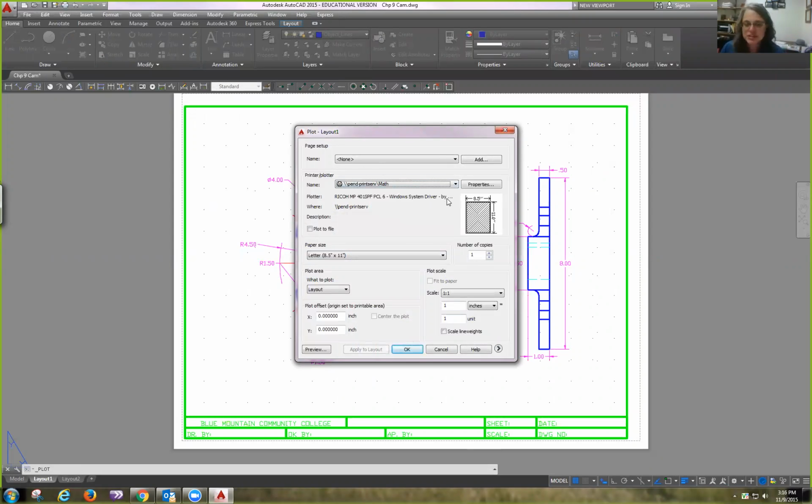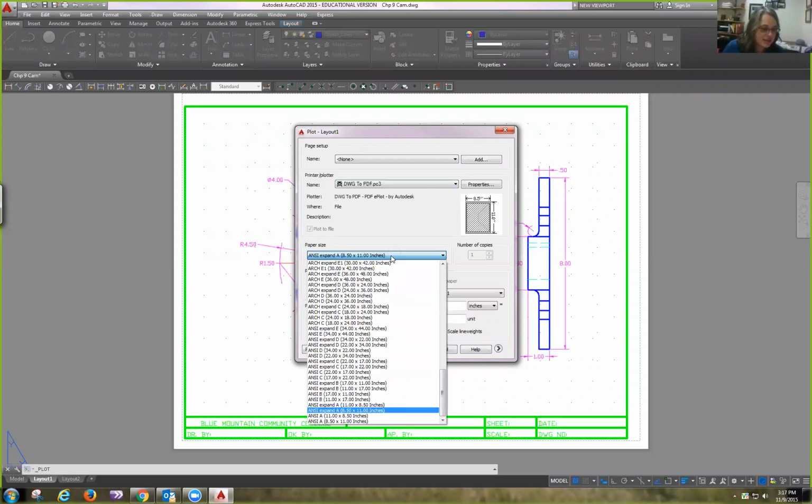Now, I don't want you to turn in hard copies to me, but I want to make sure that you know how to plot, how to print. So what I want you to do when you do this for your homework is I want you to do drawing to PDF. And then I want you to submit your PDF plot to me in the Dropbox, in addition to your electronic drawing. So you're going to turn in two things. For this chapter, you're going to turn in your electronic drawing, and you're going to turn in a PDF of that drawing. So once you've chosen the DWG to PDF,